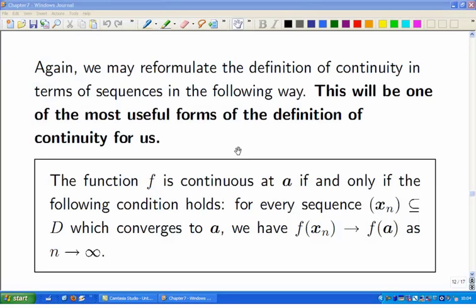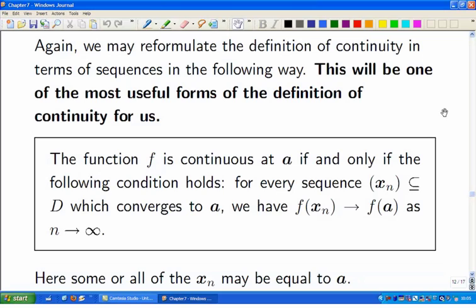Right, so last time we were looking at continuity, and we were dealing with functions from a domain in R to the D, taking values in R to the L. And we had our definition of continuity in terms of sequences, said that if you wanted to check if f was continuous at A, then you should look at every possible sequence in your domain D which tends to the point A,